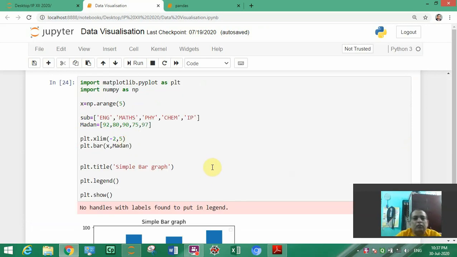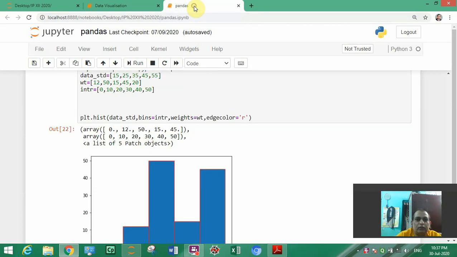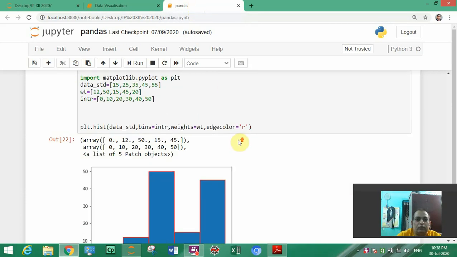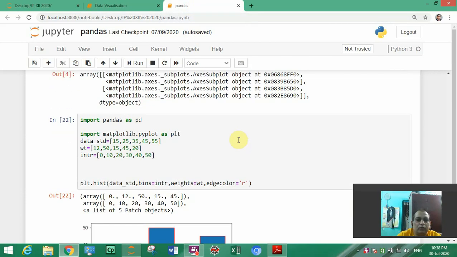Okay, at last I will show you how to create a histogram. As it is out of syllabus this year, but I want to show you something, how to create a histogram.